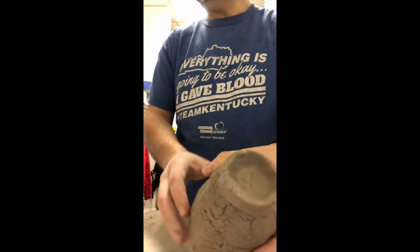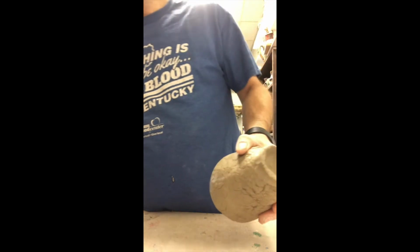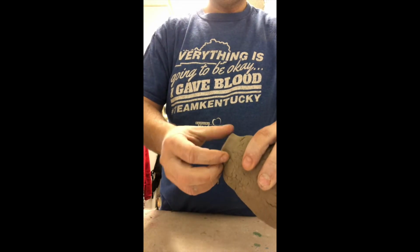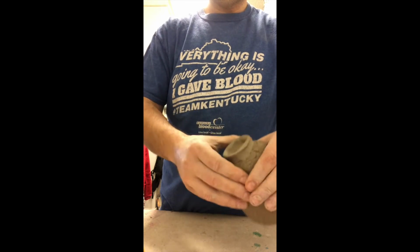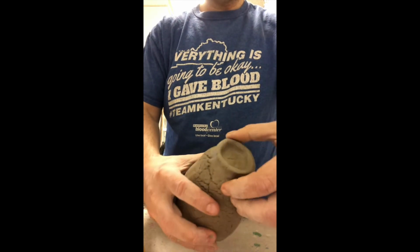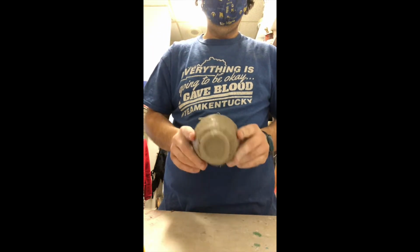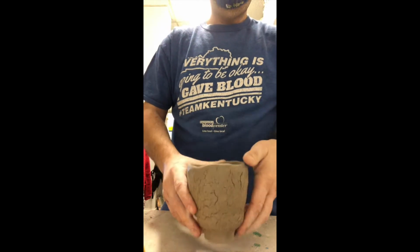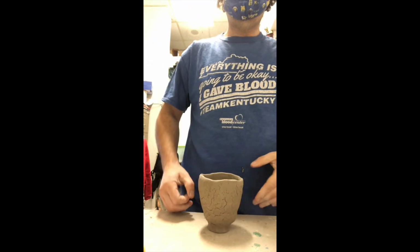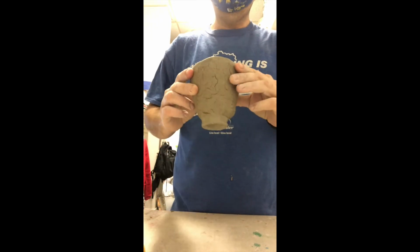And if you can tell, it's a little cracky on there, kind of similar to how the rims were acting. So I'm just going to grab a sponge and just soften that edge, so it's not so cracked looking. And so that's just a nice little foot ring, a nice way to maybe elevate a shorter cup. Maybe if you don't want such a tall cup, this now makes it a little bit taller by that little added bonus. And again, I could put a handle on this one as well if I wanted to turn this into a mug. I'm just gonna leave this one for a cup